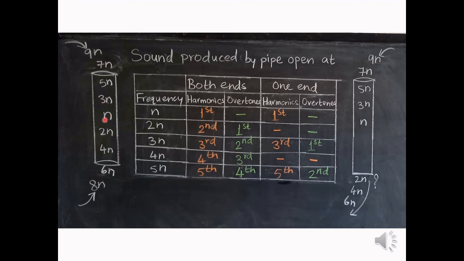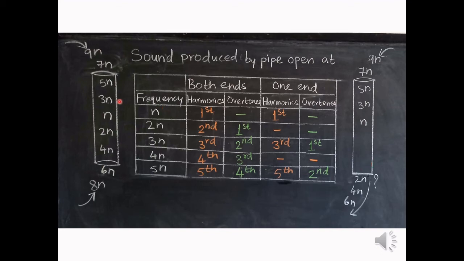See, N, that is the fundamental frequency, is already there. Twice N from the lower end, thrice N from the upper end, 4N from the lower end, 5N from the upper end and so on. So all the harmonics have entry in this pipe. But in case of a pipe which is closed at one end, as odd harmonics are entering the pipe from the upper open end, they have an entry in it. So N, 3N, 5N, 7N, 9N and so on. But all the even harmonics are entering the pipe from the lower end which is closed here. So how can you enter if the door is closed? So the even harmonics 2N, 4N, 6N, 8N and so on don't have entry in it, and so they are absent in case of a pipe closed at one end.